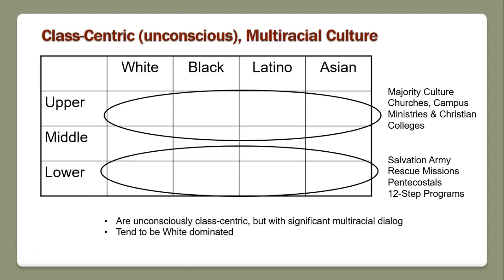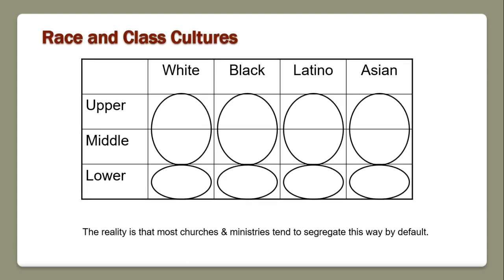Now, this isn't saying that a lower class group doesn't have any upper class folks or vice versa. What it just means is there's going to be a dominant culture. And often these groups tend to be white dominated just given the demographics of the U.S. Now, what really happens in most churches, though, is most churches tend to segregate by both race